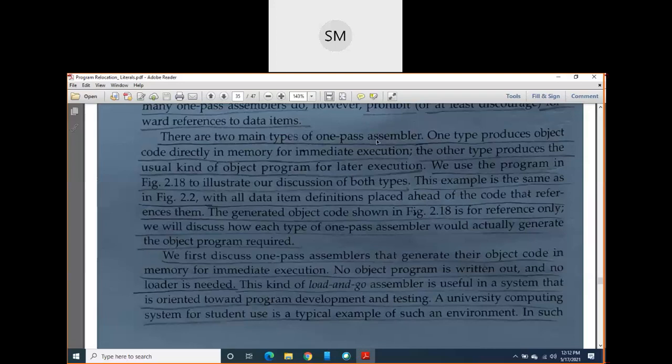As it keeps generating the object codes, immediately it keeps sending them to memory, and in memory itself the object program keeps developing. Now in primary memory only, directly you have the object program. Then you immediately execute it after the completion of writing that object program.